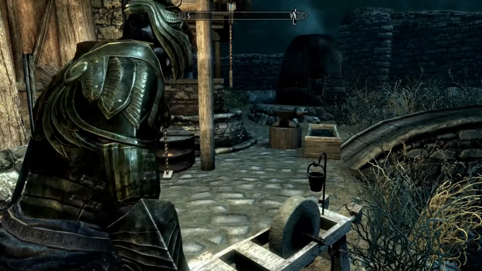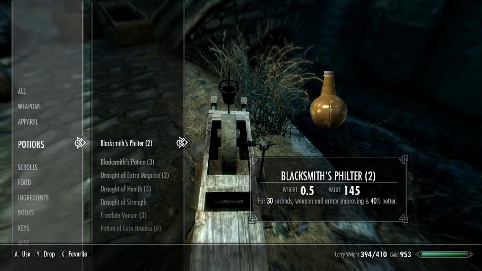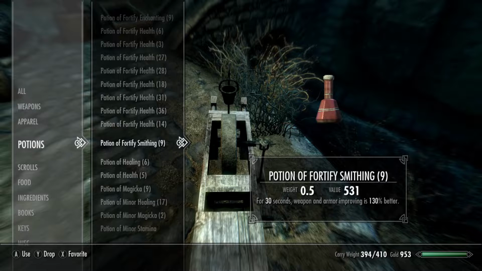But that's not what we are going to do, because I have some magic with me in the form of a potion. If we go all the way down somewhere around here, there's a Fortify Smithing potion. So with the maximum allowed enchantments on my armor and the maximum alchemy skill, you can make a potion for 30 seconds, so that's half a minute. It's pretty short duration, I don't know why it's so short. But it does improve weapons and armor